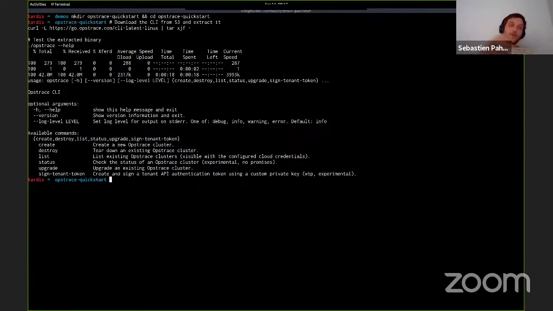Eventually, we'll have more of this in APIs and also in ways to interact that are not just from a CLI, but this is a great way to start and to go experiment with the system.